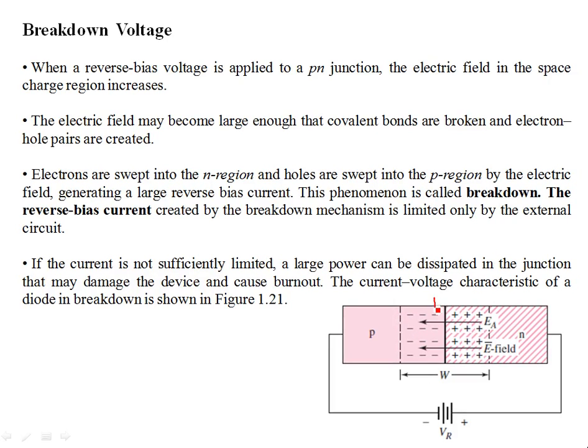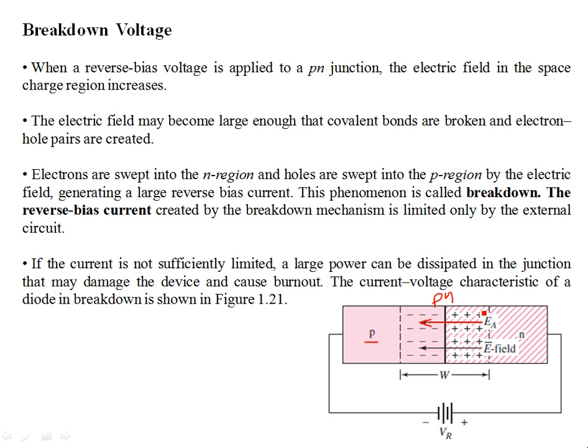PN semiconductor diode in reverse bias configuration: you can see the terminals are such that the p-type region is connected to the negative terminal of the battery, and the external battery's positive terminal is connected to the n-type region. This creates an electric field. The electric field is directed from N to P, and owing to this, since it's reverse bias, you have